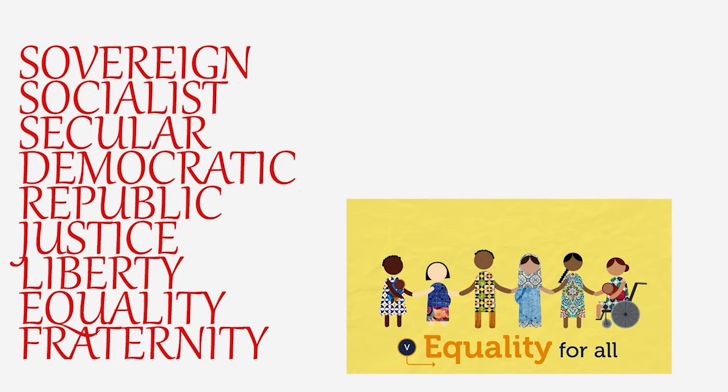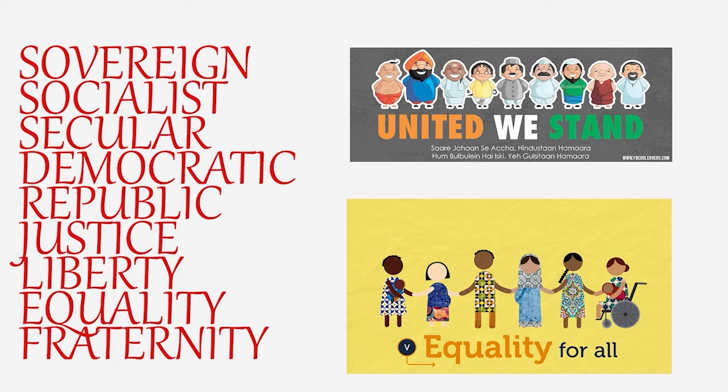Liberty, equality and fraternity have also been made ideals, in which liberty means absence of restraints, providing opportunities for development, liberty of thought, expression, belief, faith and worship. Equality means absence of special privileges to any section of society without any discrimination. There is equality of status and opportunity. Fraternity means brotherhood or single citizenship. Article 51A promotes harmony and brotherhood. It assures dignity of the individual and unity and integrity of the nation.